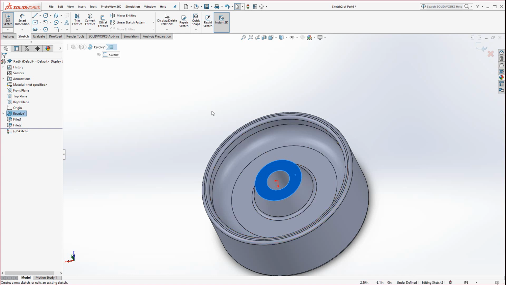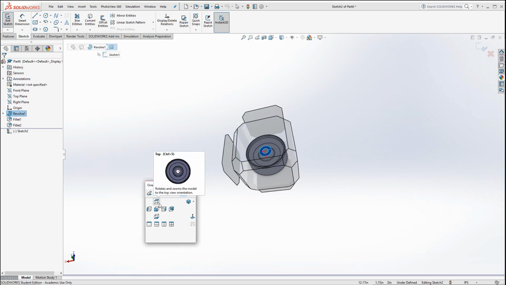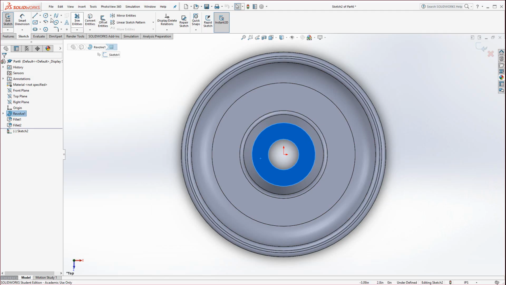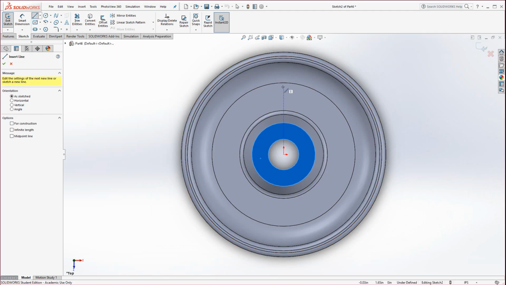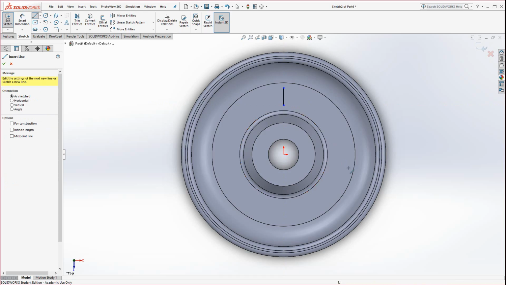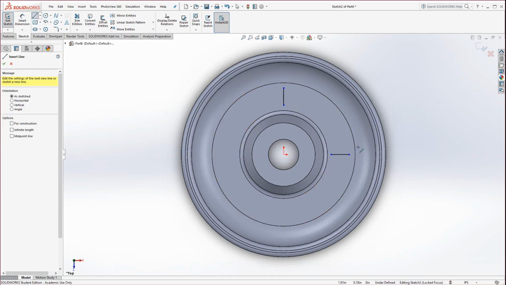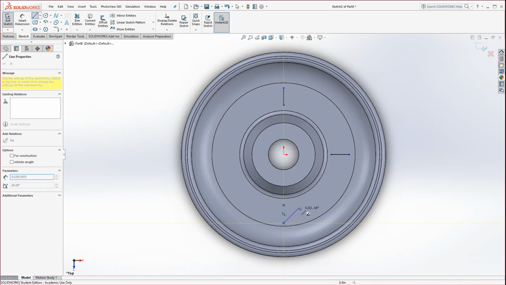Go ahead and hit your space bar and go to the top view orientation. You can either select this face or you could go to top. Now take the line tool and infer to the origin in between this little segment here. Be careful not to extend these lines as you draw them too far beyond the boundaries of the actual surfaces. You might get an error if you do that. So I'm just drawing short little stubby lines,